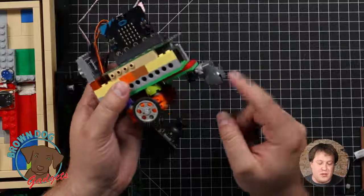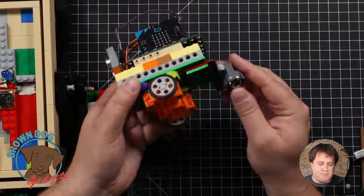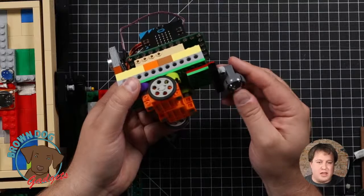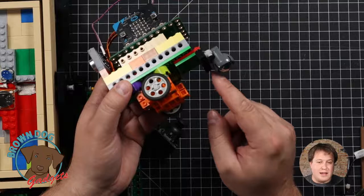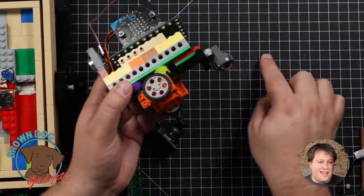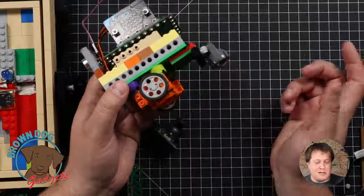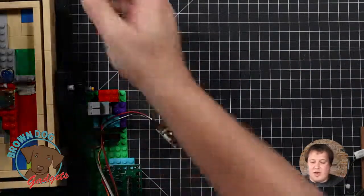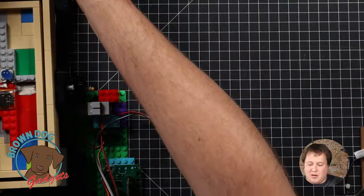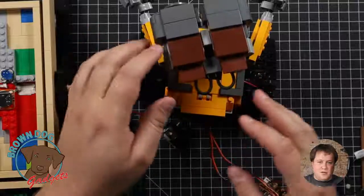I think the most difficult thing was finding one of these Lego ball casters, which I think we just got a pack of off eBay because they're not a very common part. But for quite a while, we just had a flat Lego piece dragging as the third point of contact on the back. Any smooth surface, it's fine. But we threw the caster on here just to look a little nicer. So we're gonna move this guy to the side because we did that, and then we also did, as parts are falling off now, the bigger version, which is